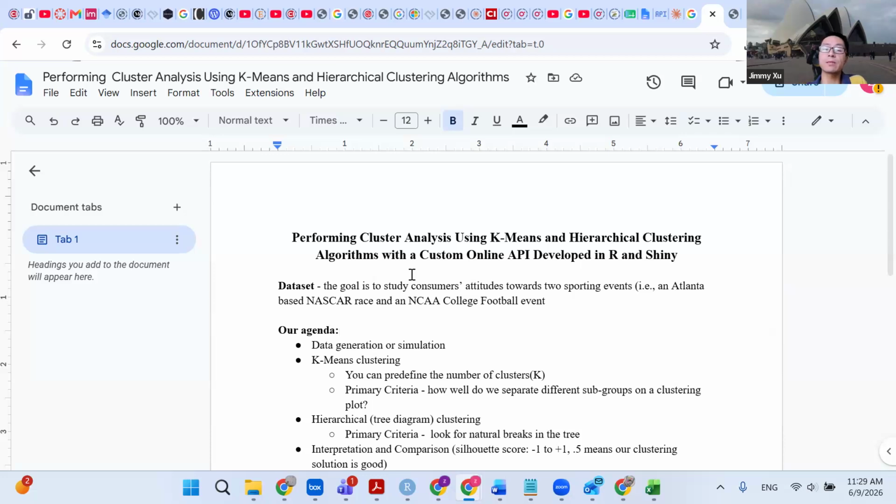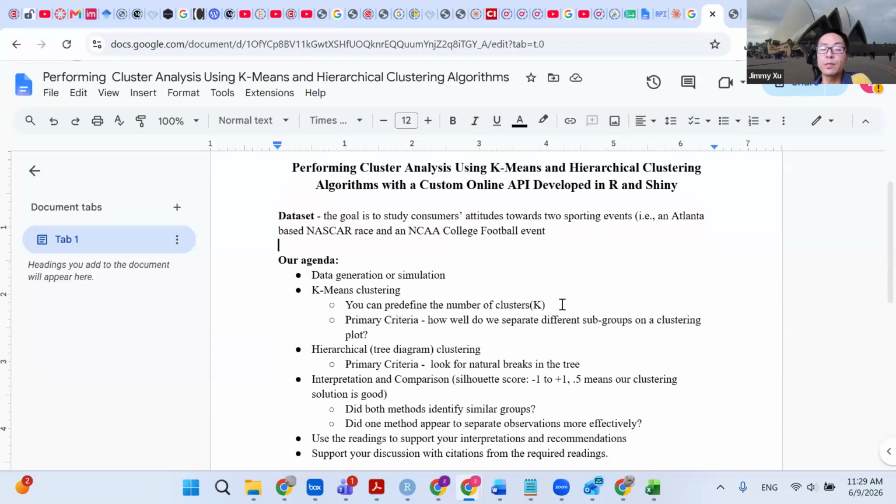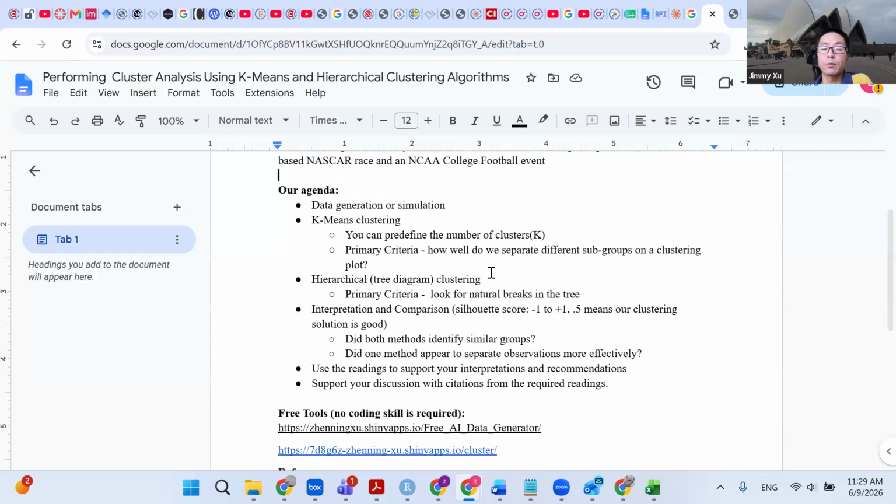Let's say the first one is the NASCAR race. And the second one will be our football event. Okay? So this is what we're doing for the next 10 to 15 minutes. So first, we are going to do some data generation or data simulation, which is an important skill for data professionals or